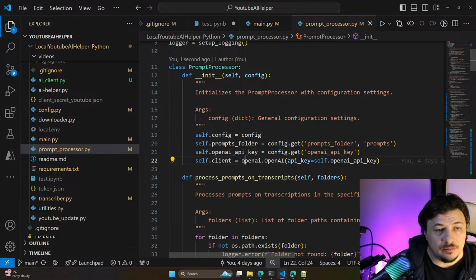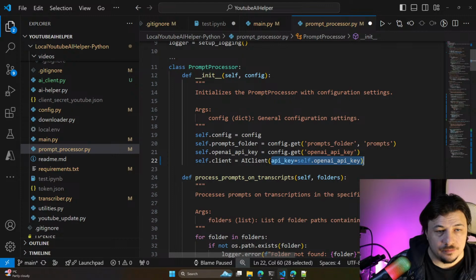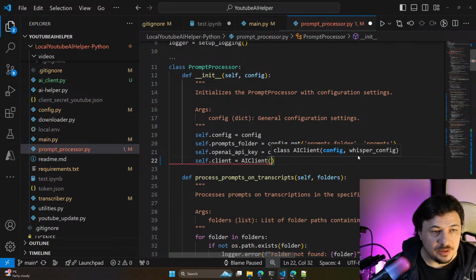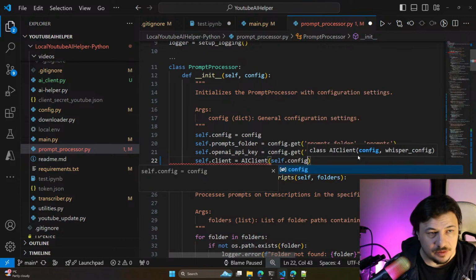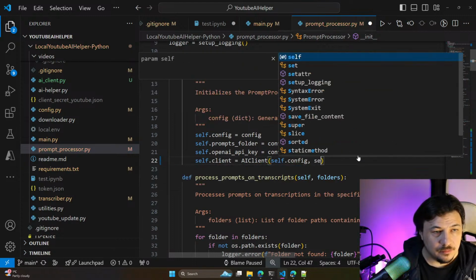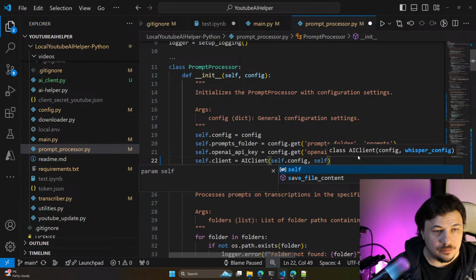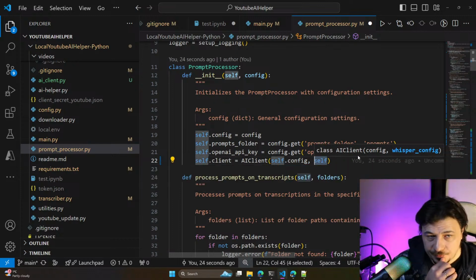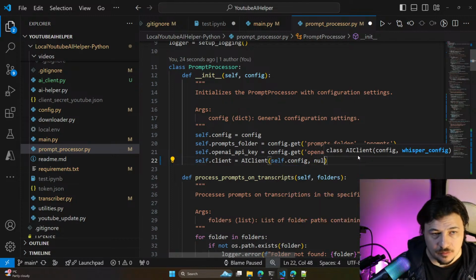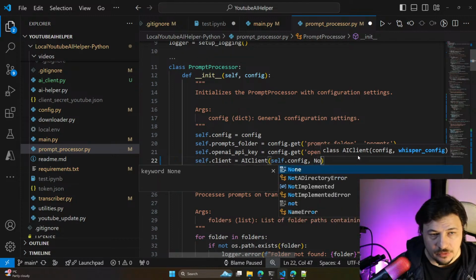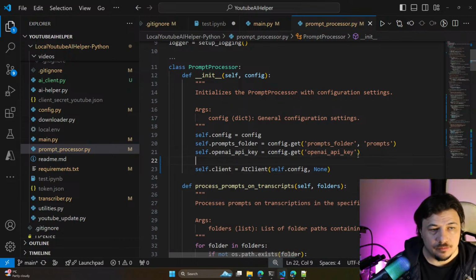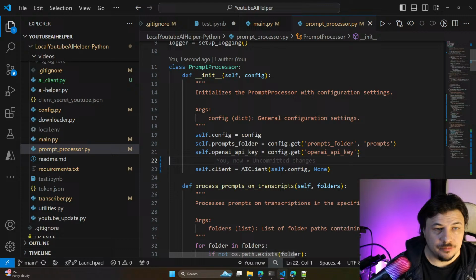Here for client, we will say AI client, and it will take as parameters config, self config, and for whisper config it would be null, basically, because we don't need it here.